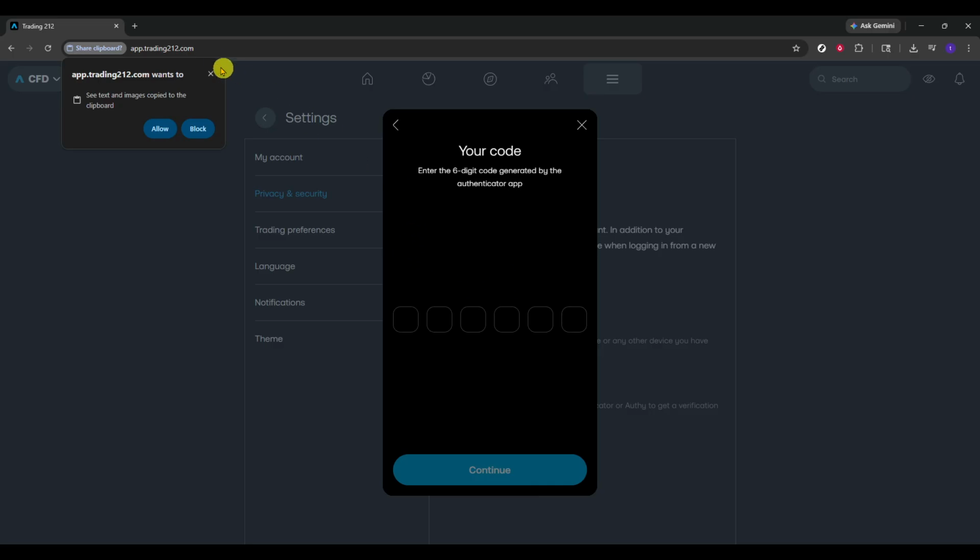That's it. Two-factor authentication with Google Authenticator is now active. The next time you sign in or perform sensitive actions, you'll be asked for a fresh code from the app. If a code is rejected, wait for the next one to roll over, ensure your phone's time is set automatically,